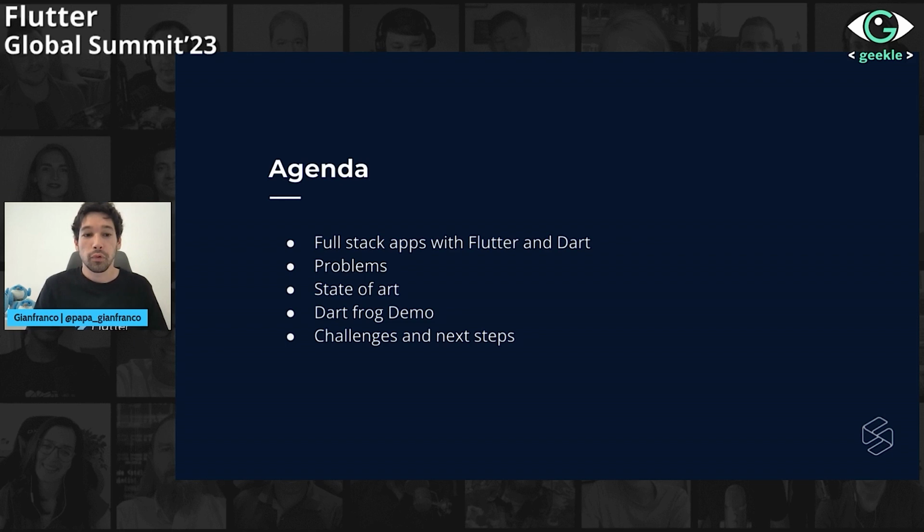So moving on, let's talk about what I'm going to talk about. This is the agenda. Basically, we're going to cover what is the concept of full stack apps with Flutter and Dart. What are the main problems that, in my experience, I identified nowadays? What is the current state of the art in the full stack apps with Dart?